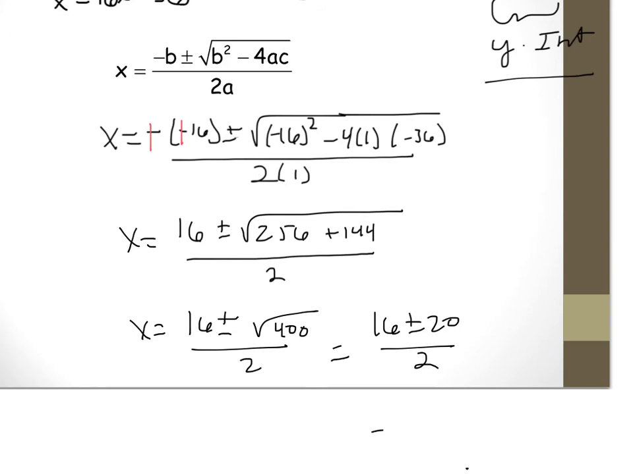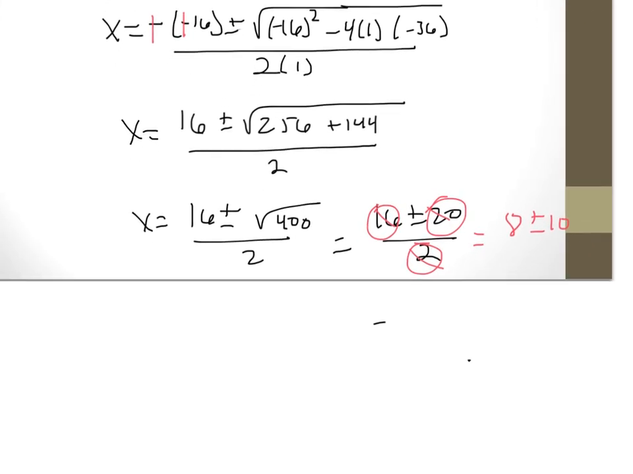A little bit of a trick here because we have 3 terms that all have something in common. We can go ahead and reduce because they all divide by 2. So that's the same as 8 plus or minus 10. Makes the problem a little bit easier to work with. If you don't like doing that, you can just do the 16 plus 20 divided by 2, 16 minus 20 divided by 2. But when we look at this guy right here, we quickly can see 8 plus 10 is